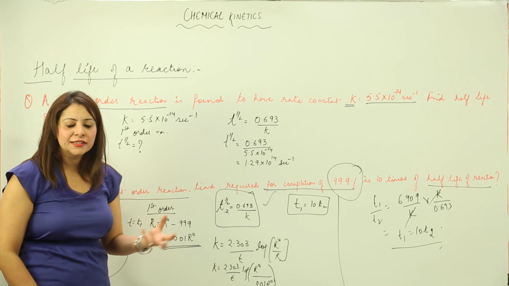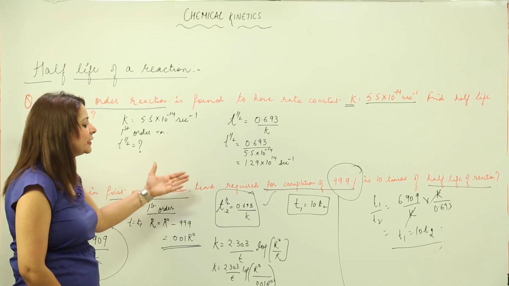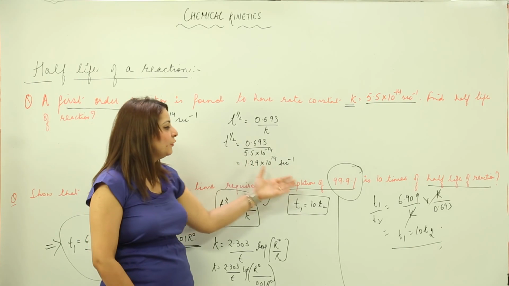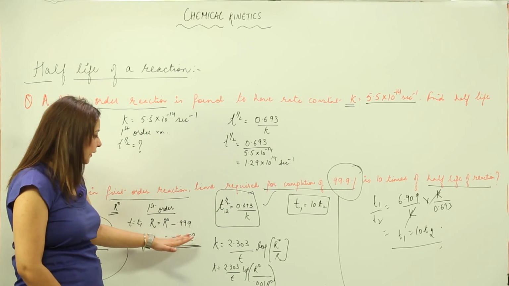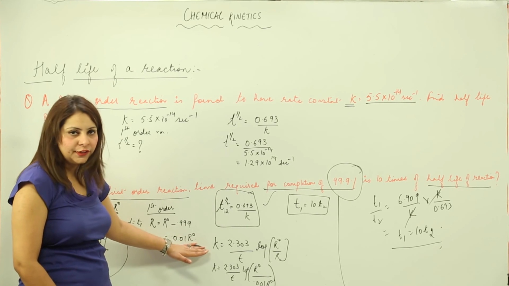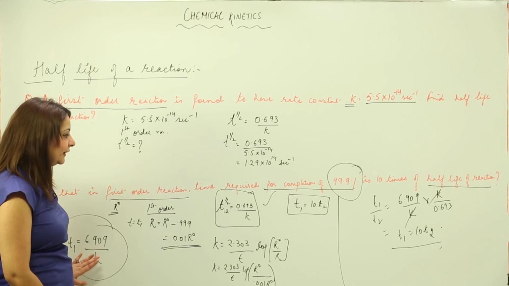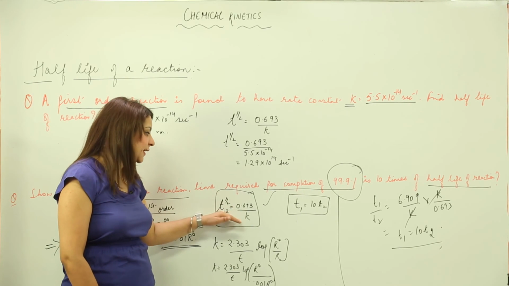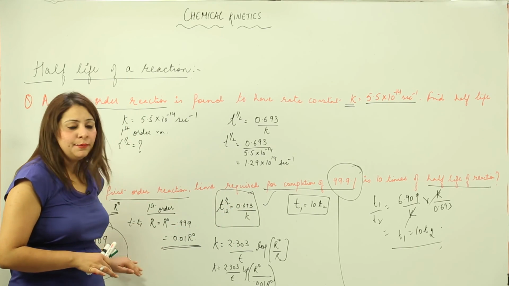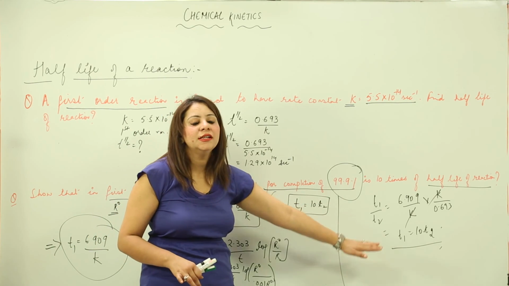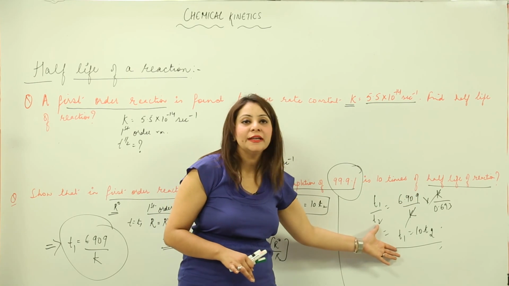We just pick out the initial concentration and the final concentration. It is asked in the question that the time required for the completion of this much percentage. So this much percentage means this much times the initial concentration, right? I just calculate the expression and took an answer in the form of T. Then we know it is a first order reaction, that means T half is going to be this. This is fixed because we have already derived it. Then we just equate them, that is T1 by T2, and we get the result that T1 is actually 10 times the half-life of the reaction. This is what you get to see in the answer.